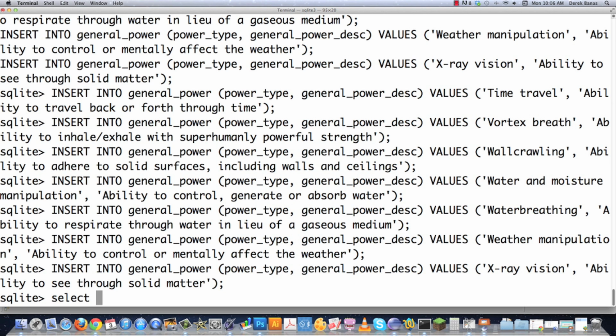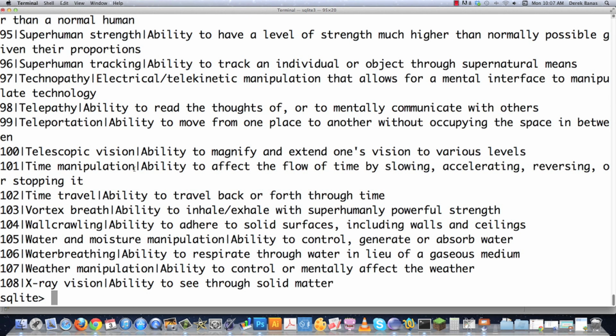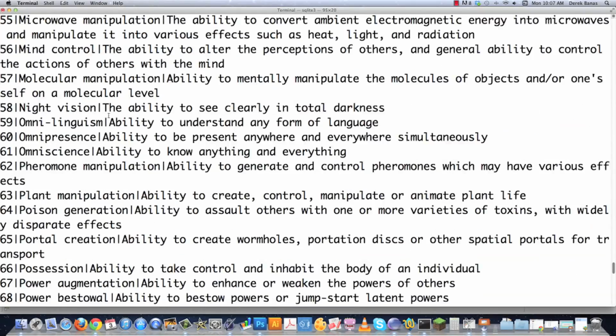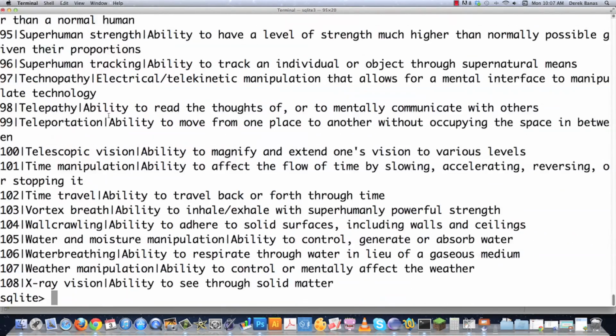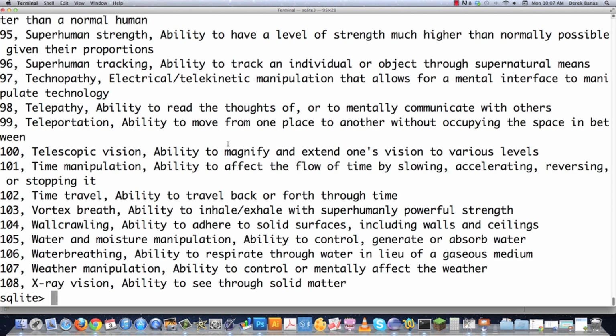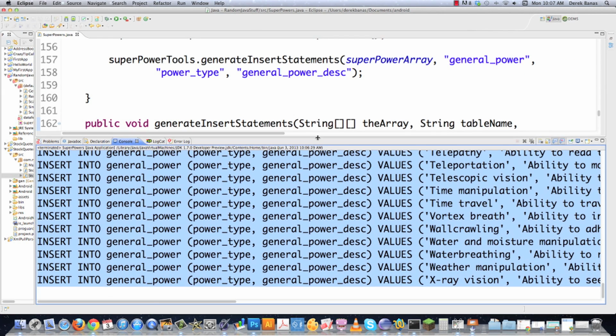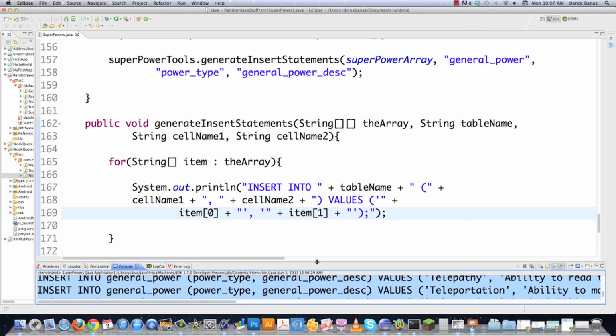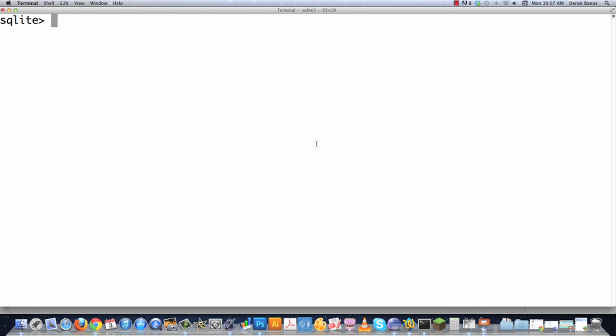And then if we type in select from general power, you can see there is everything, and it is in alphabetical order, and it's wonderful, and we didn't have to think too much to create all that stuff. So that's really cool. Okay, so now I need to do exactly the same thing inside of code to create all my other insert statements. So let's bounce over inside of here, clear the scroll back,